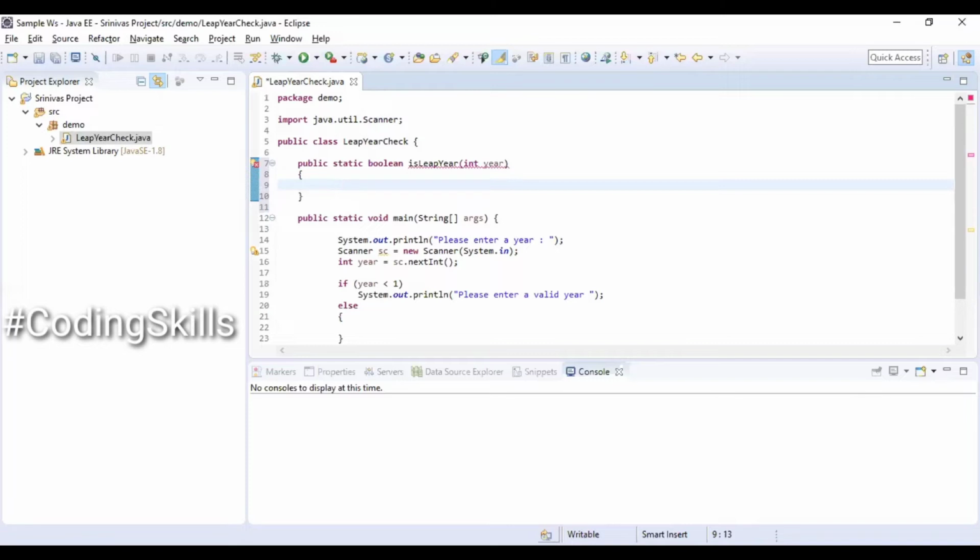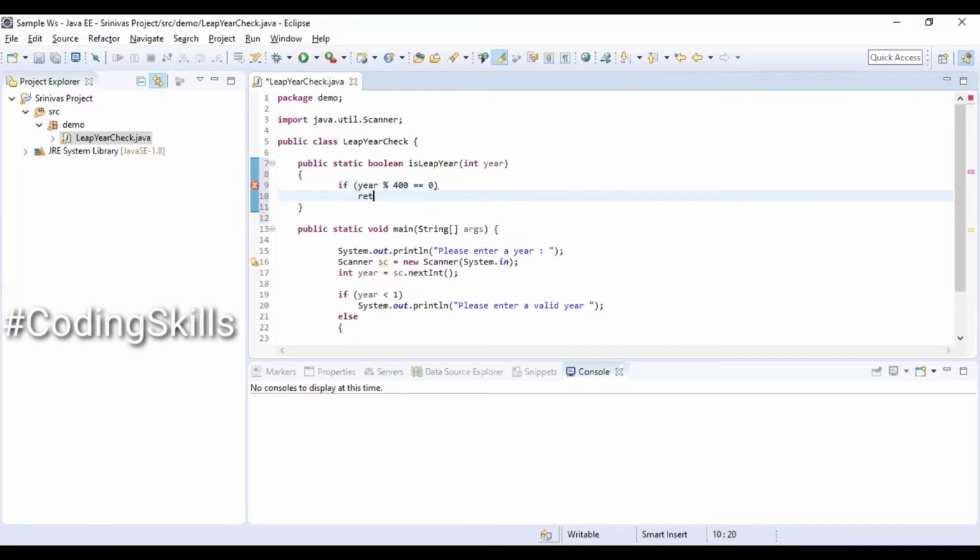So we are checking with an if condition. If year % 400 is equal to 0, then we are going to return true.